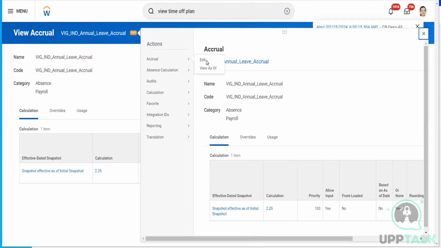So we have something called lookup calculation in absence. What does it do basically? You set up a table kind of thing, and you make Workday understand that you are going to check based upon the year of service, based upon